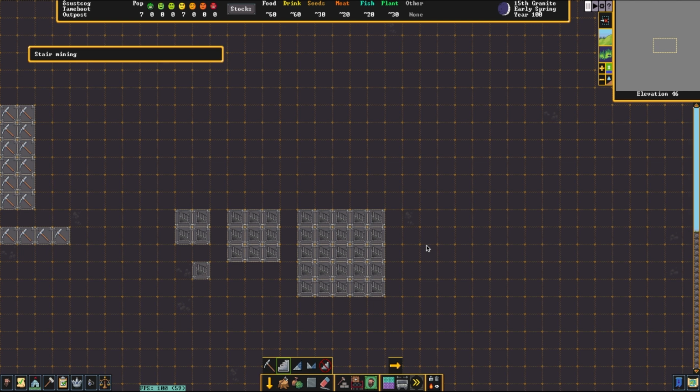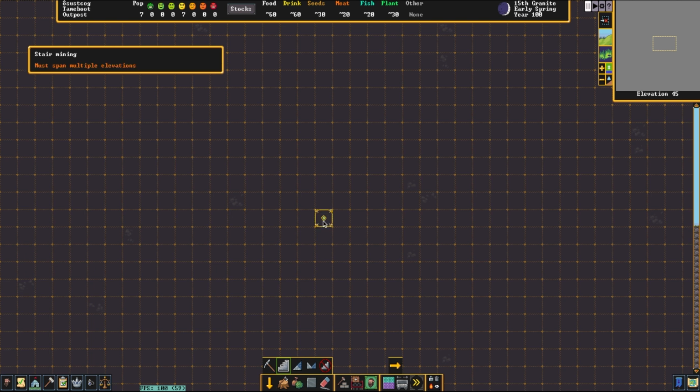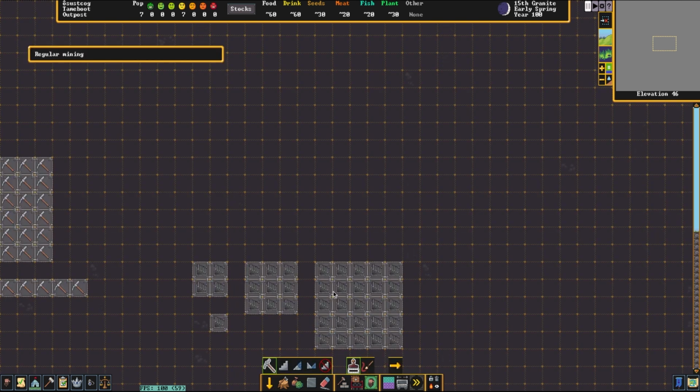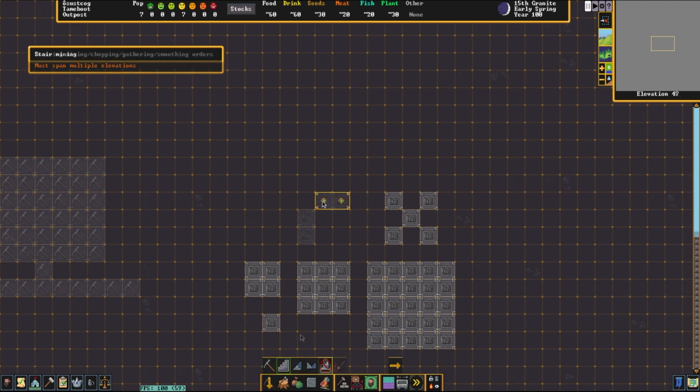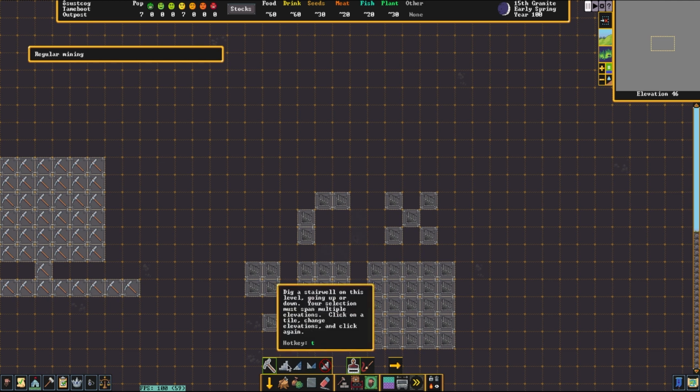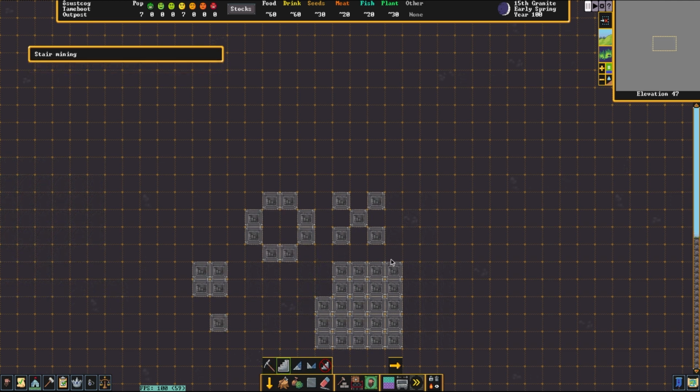What I would recommend doing is building something like this. So if we go to the stairs tool, we can build a little cross pattern. Or if you want to go full chaotic evil, you could build a circle pattern. Now, these two options on the top allow the dwarves to path around each other with the minimum possible options of directions they can go. I personally really like the cross pattern as